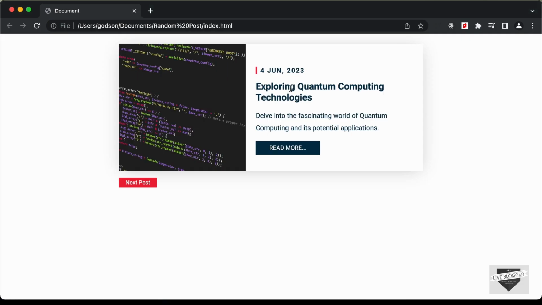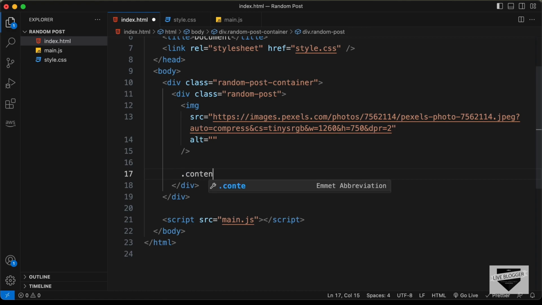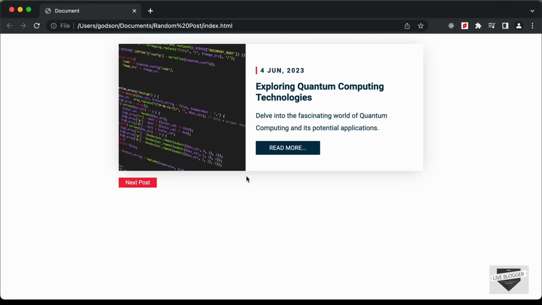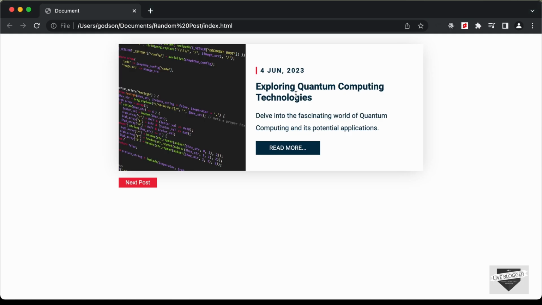Right now the next thing we need to have is this text content over here. So we will add all of this inside a division. So let's go outside this img tag and let's create a division with a class of content. Now in this, the first thing we need to have is the date. So I'll just create a division with a class of date and let's add a date over here. So just have 4 June 2023,